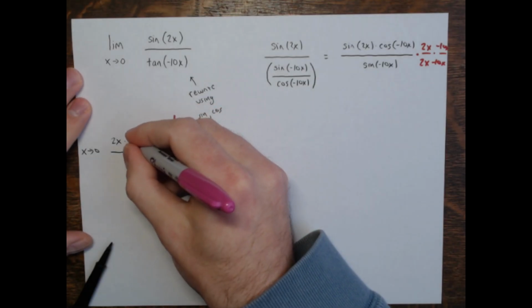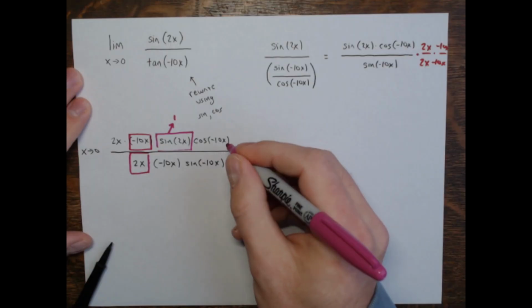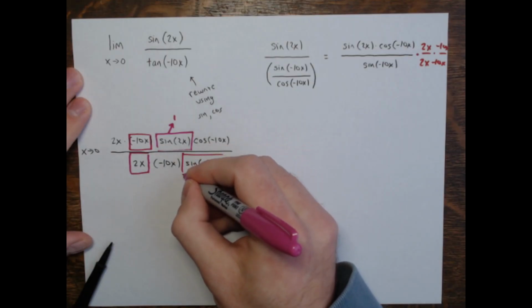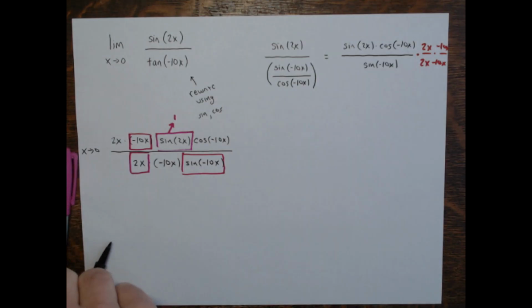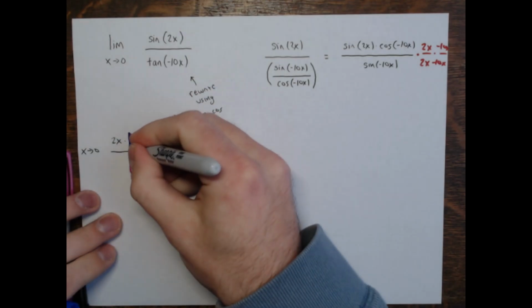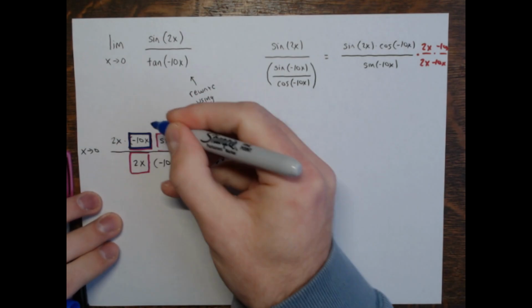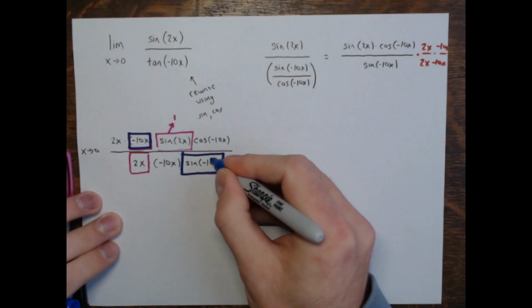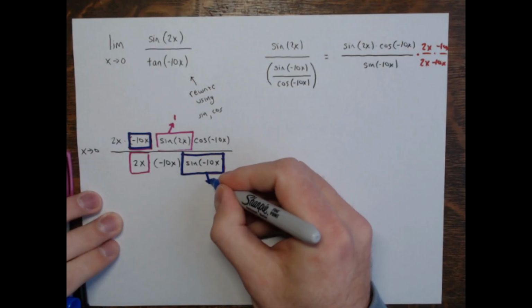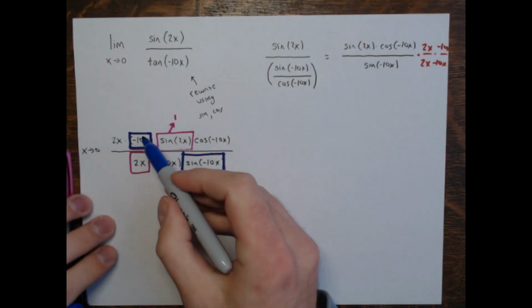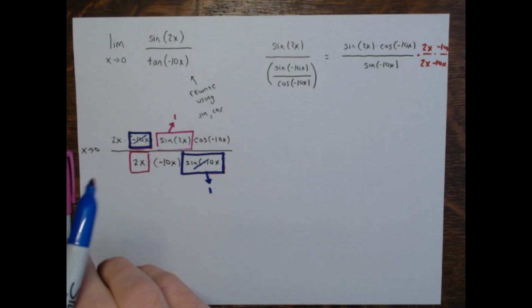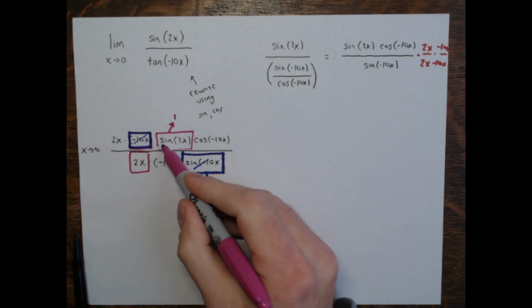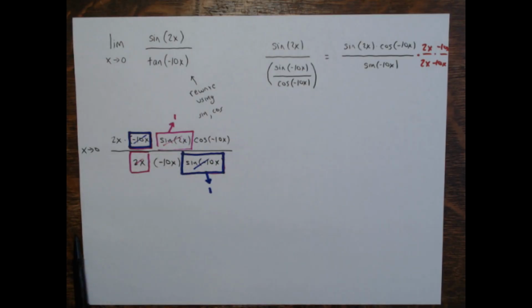And then this negative 10x divided by this sine of negative 10x, since those are the same expression and negative 10x would be going to 0, it's going to 1 as well. So I can get rid of these, and I can get rid of these. They're both going, these fractions are going to 1. So the rest of it